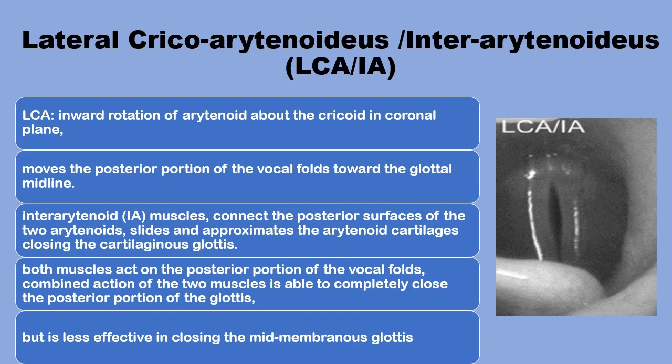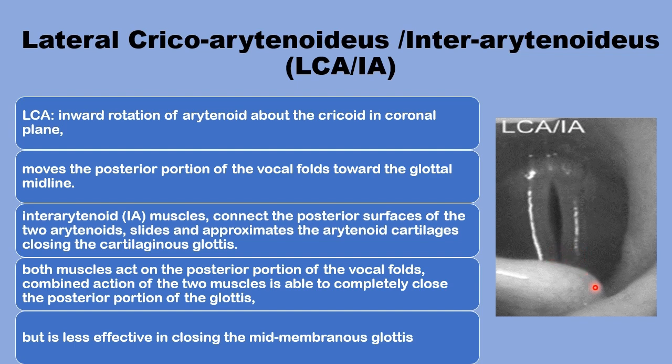We will now go through the effect of individual laryngeal muscles on the glottal fundamental frequency. The lateral crico-arytenoideus is the major adductor of the vocal fold, helped in part by the inter-arytenoideus muscle. The lateral crico-arytenoideus induces mainly an inward rotation of the arytenoid across the posterior plate of the cricoid cartilage. This inward rotation would help in closing up the posterior cartilaginous glottis. It also would help in the adduction of the posterior part of the vocal folds towards the midline.